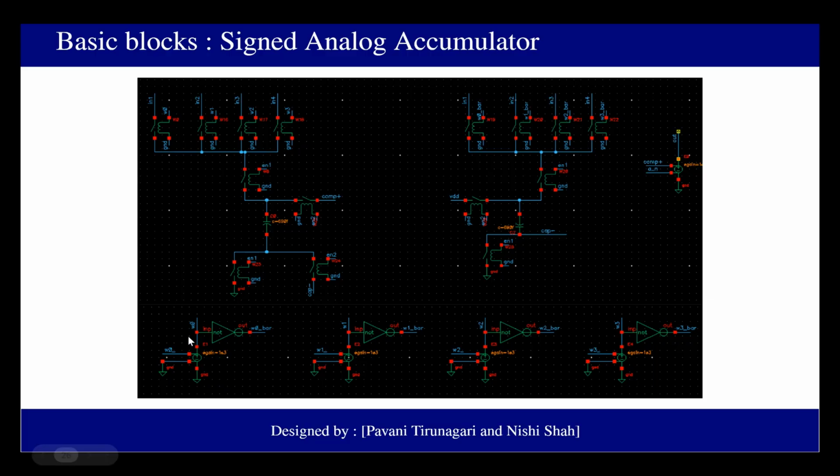And below, the VCVS that we have will help us push our value to either a 1 for the plus 1 weight or 0 for a minus 1 weight. So according to that, we've driven the inputs into our switches. And once we are done with the sampling, we then move on to the accumulator. So we have a different enable for that. And then that's driven forward, and we compare it with our alpha values.